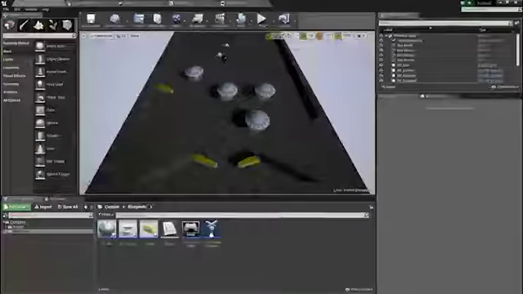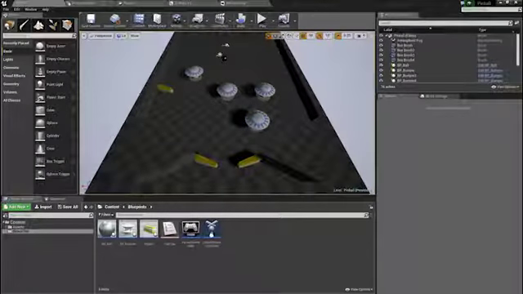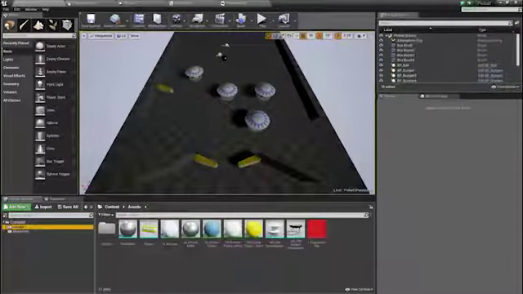So now that we have flippers and bumpers working, it's time for us to move on to the next dynamic element, which is the plunger. So we want to actually add that piece that launches the ball into the game. Now, in doing this, we're going to need to expand our level just a little bit to have that initial channel that the ball moves through. Upon doing so, we're going to then work on actually importing the plunger, as well as setting up all of its functionality, so that when the player holds down the spacebar, the plunger charges up, and upon release, it fires the ball away. So to begin with this, I'm going to go into my assets folder, and I'm going to